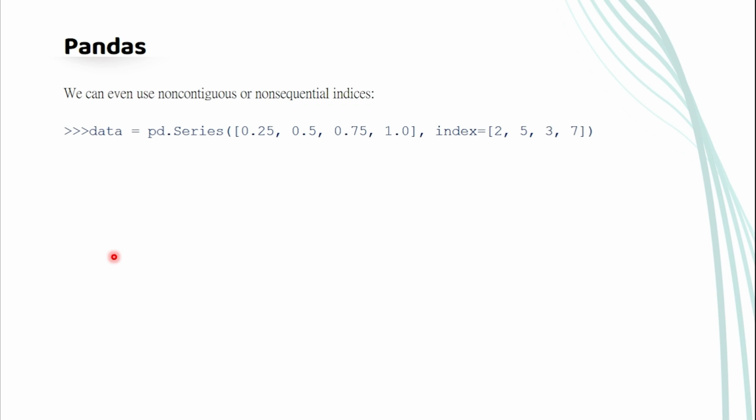We can even use non-continuous or non-sequential indices. Here we use the same list to create a pandas Series with index 2, 5, 3, 7. This index is not continuous and not sequential. We can see here the index is not continuous and non-sequential. Here we can access data 5, by accessing the Series with index 5,